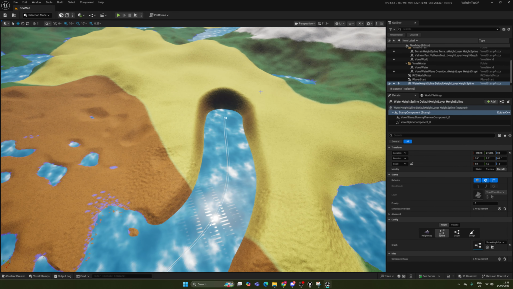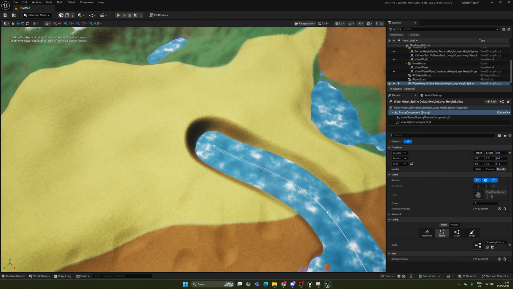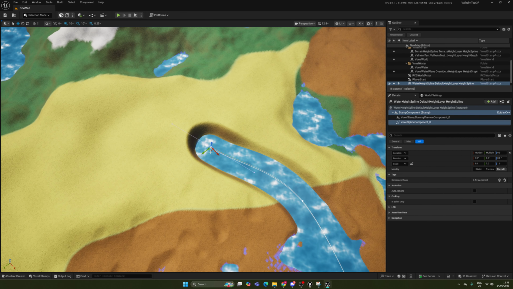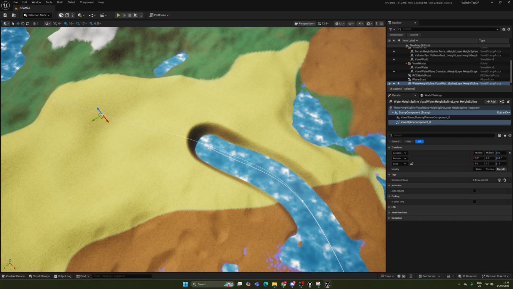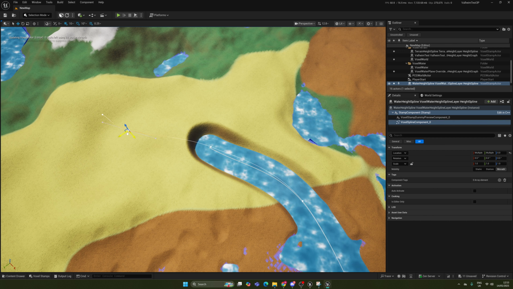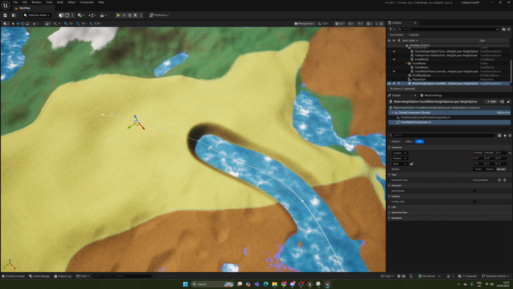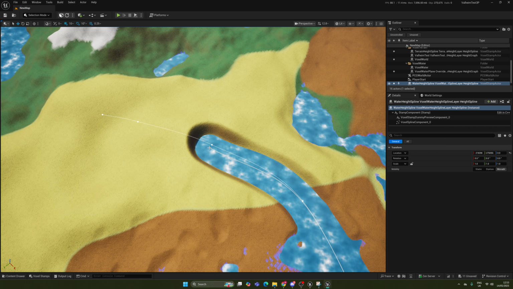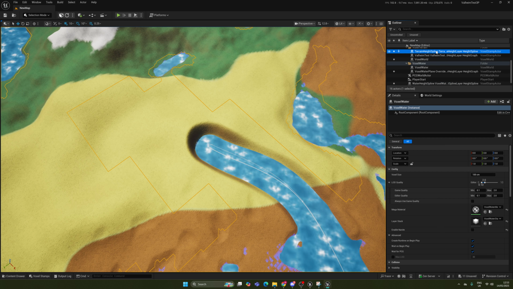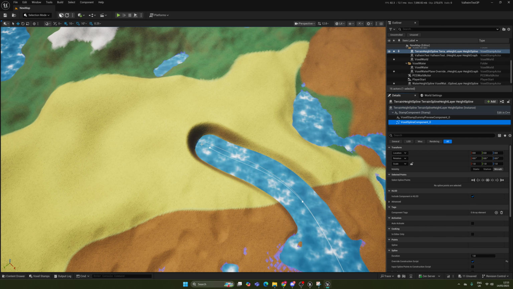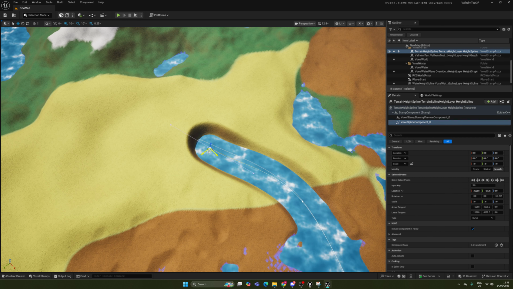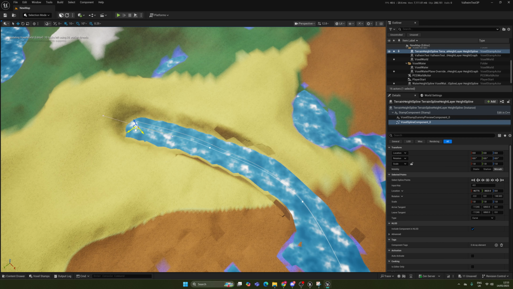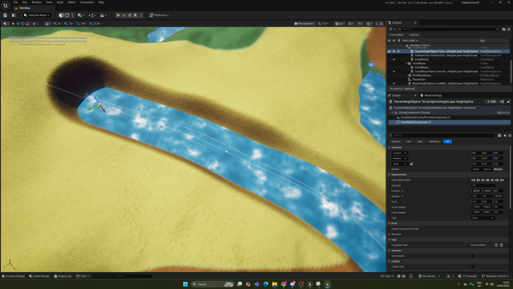And we can just continue grabbing both of these splines and dragging them out to showcase what it looks like. Okay, let me get the other spline. Okay, terrain spline. There we go. So there we go. Once it's refreshed,